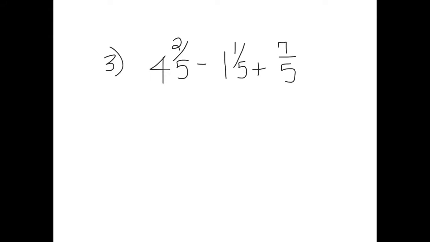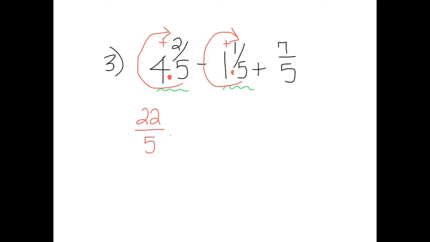Okay, so notice that these are actually mixed numbers. They are not fractions. I have to turn them into fractions, and the way that I do that is I multiply the denominator times the whole number and add it to the numerator. I call it doing the C thing. So 5 times 4 is 20, plus 2 is 22. So that first mixed number becomes 22/5 minus 5 times 1 is 5, plus 1 is 6, minus 6/5 plus